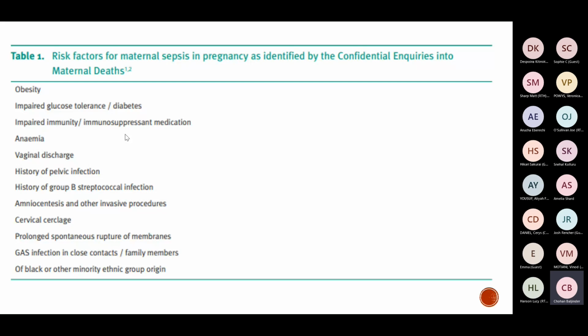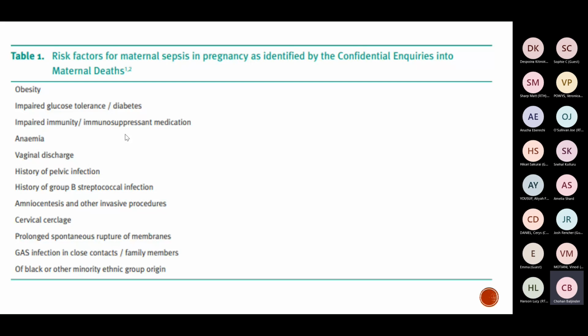So these are common risk factors identified by these inquiries. And I think we've covered most of them. So just think about your patient being diabetic, obese, as you said, Ebbs, immunocompromised, but it's not just pregnancy, having something else on top. So perhaps they're on steroids for some other reason. Anemia we mentioned, so that's why it's really important to make sure you treat someone with iron replacement if they are anemic. Some of these bugs, we didn't mention amniocentesis or other invasive procedures. So don't forget about early pregnancy things as well. Having a cervical cerclage, we said SROM.